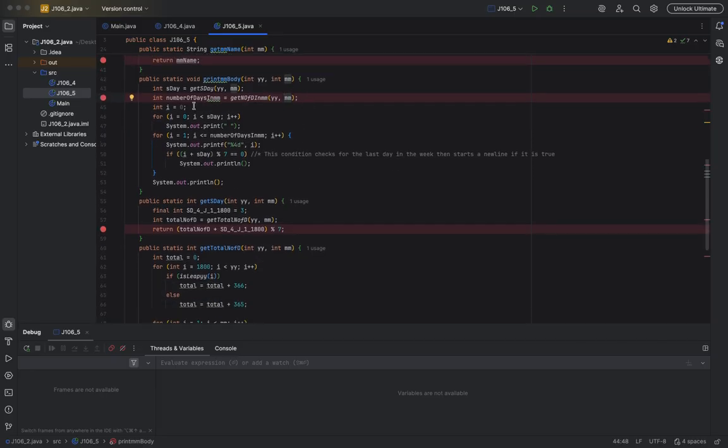Then have another running total, which is I. And then if I is less than the starting day, because remember we're using a calendar, then we'll just print a blank line, because no number that is not the starting day, so no number should be there. I should not be there. Now after that is done, then